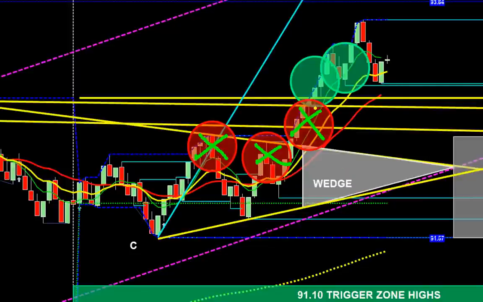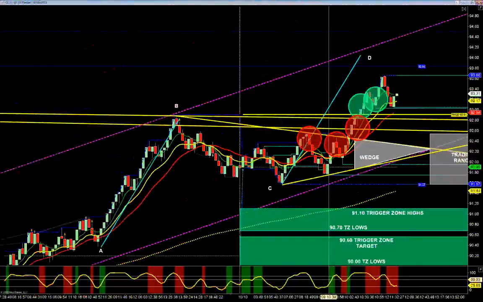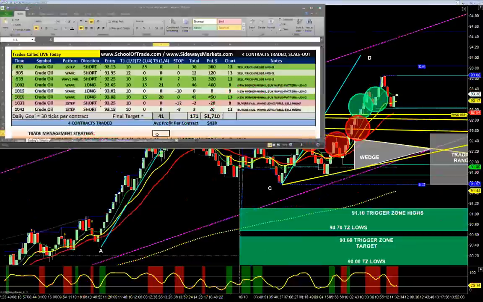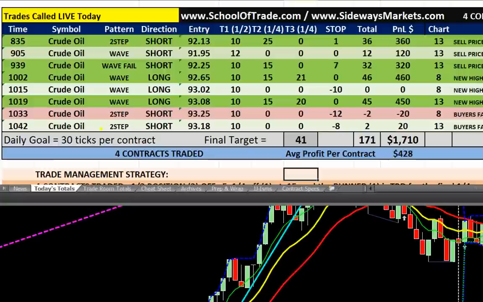We then decided, well, now that we're above the previous high of day, let's buy 1 and 2. So we started buying, and this is where we found some additional profit today. Again, you can see here it's referenced right on our track record for this morning's trading session. We began the day looking short. Short, short, short. The first 3 trades were short, and we literally almost got our goal before we ever got